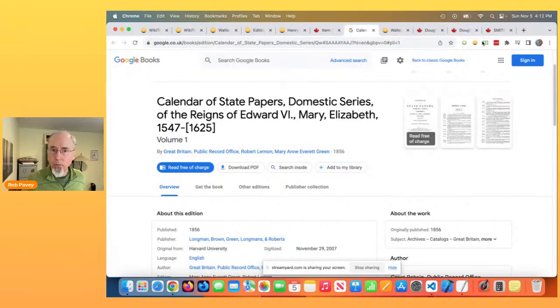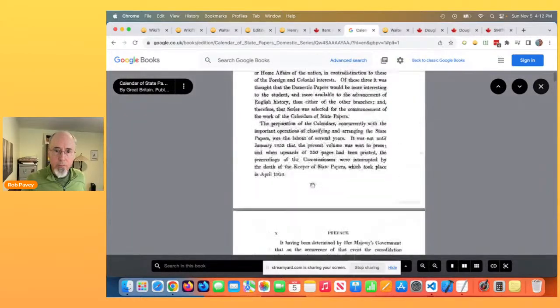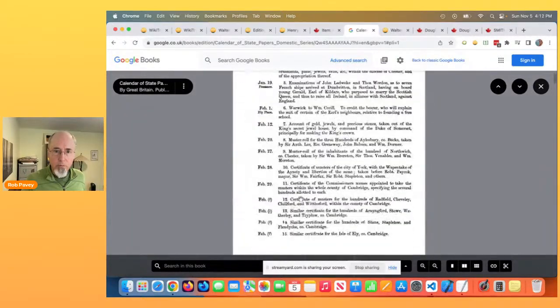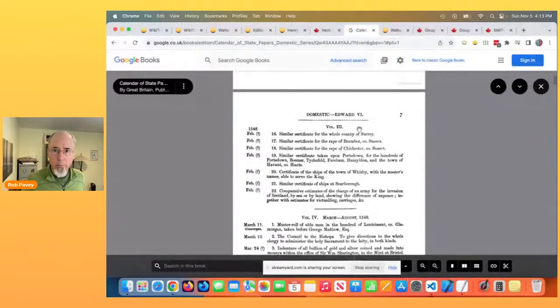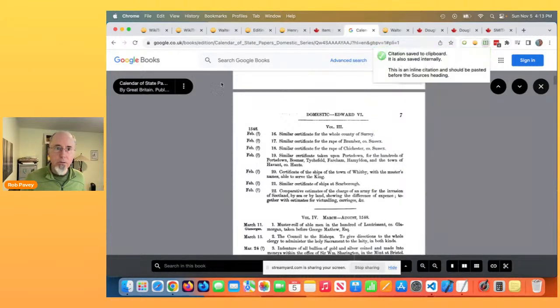What took a while to get working for this site was that you can bring up a book and scroll through to some particular page. So here you can see we're on page 7. And it ended up being a lot of work to be able to put page 7 into the citation, because this is actually a separate page viewer, which is what's called an iframe. But I did eventually get it working, and hopefully if I do build narrative with citation